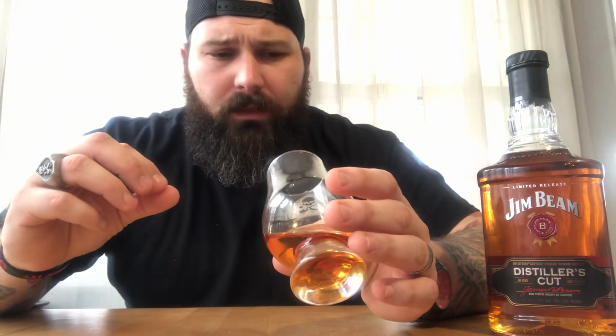So on the nose, you get a nice sweet corn, very light on the front of your nose. You get a nice light caramel vanilla. The oakiness to this is incredible, though. You do really get charred, robust oak. And almost a nice...